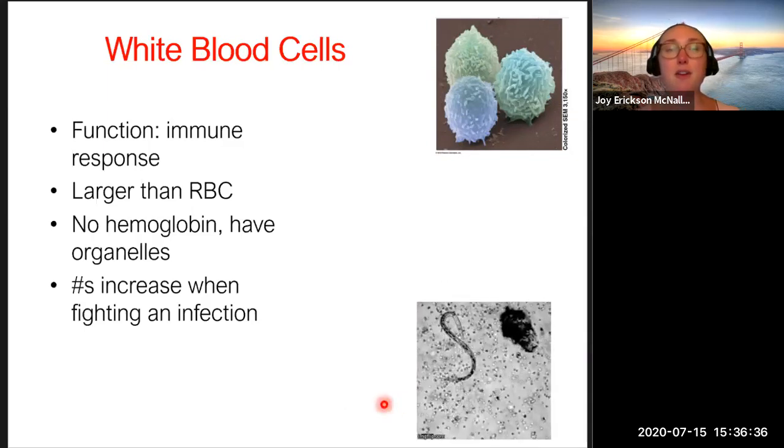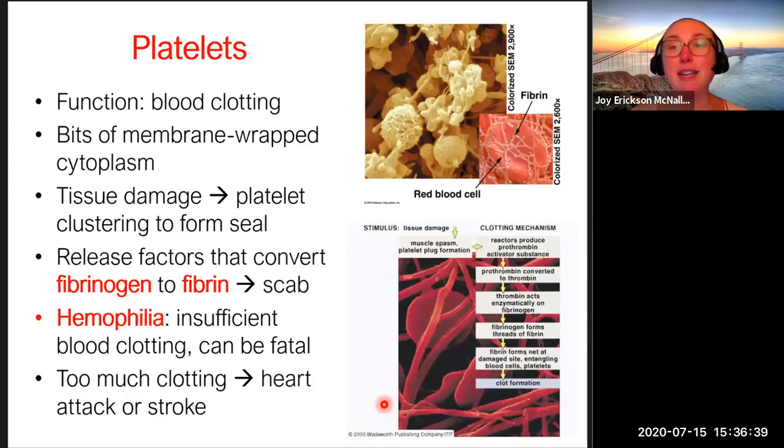All right, the third type of blood cells are platelets, and they are normally found in your blood. They are involved directly in blood clotting, and platelets aren't exactly cells in the right sense. They're simply bits of membrane-bound cytoplasm that pinch off from larger cells in your bone marrow. And the clotting begins when tissues lining a blood vessel are damaged. For example, when you start bleeding, right?